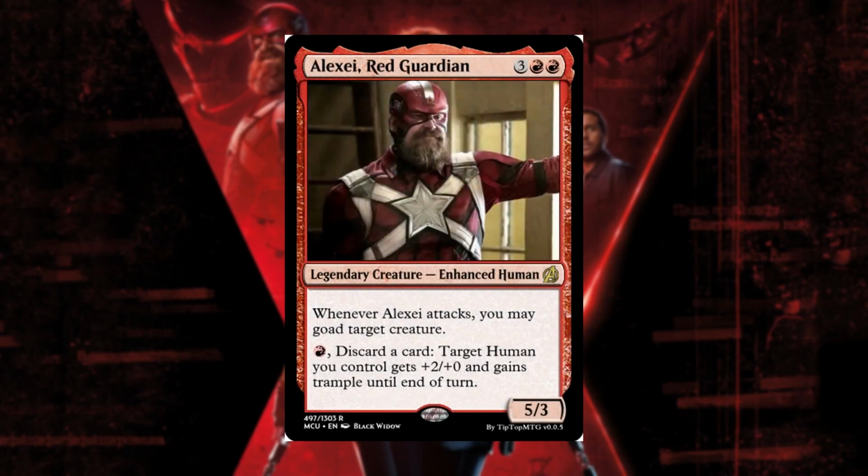Then we have Alexei, Red Guardian, 3 red for a legendary creature, enhanced human, 5/3, and whenever it attacks, you may goad target creature, meaning it has to attack. He's not gonna really think, he just wants things to attack, which, by the way, means it's easier for you to swing in because they are tapping creatures to attack. Then you can pay a red and discard a card, and target human you control gets +2/+0 and gains trample until end of turn. This one is the loosest connection to Natasha,